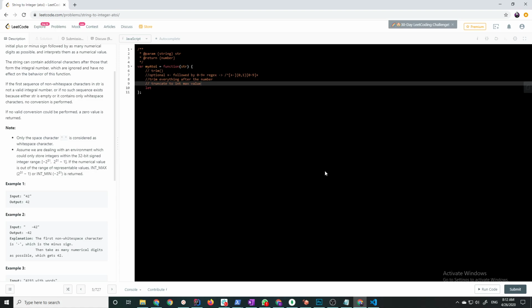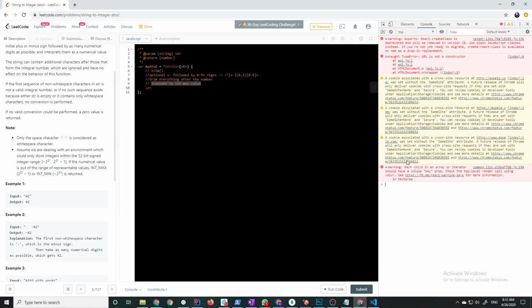So here we want to do a couple of things. So what is integer max value, by the way? Let's go ahead and compute that real quick. Math.pow 2 to 32, or 31 rather. And let's get the length of that. 10. Yeah, so the way that I would do this, right, is store it in a long,